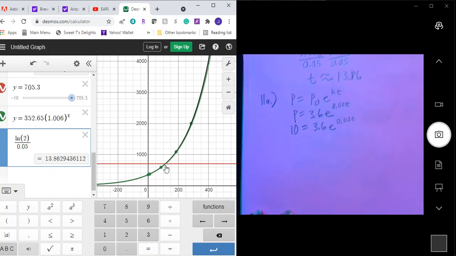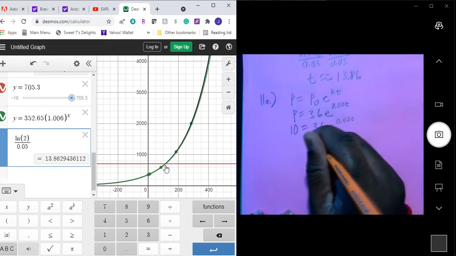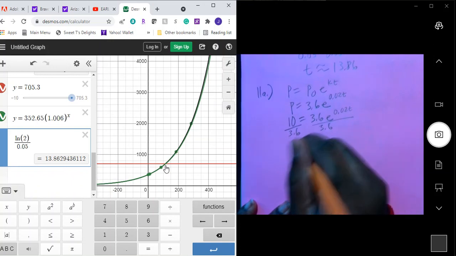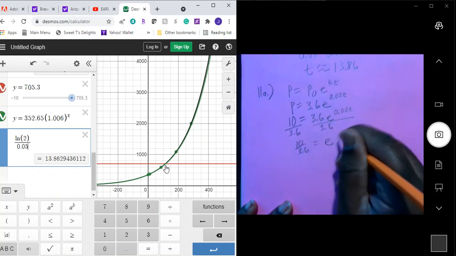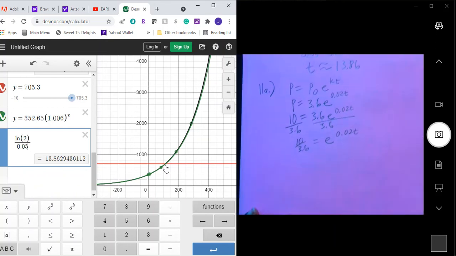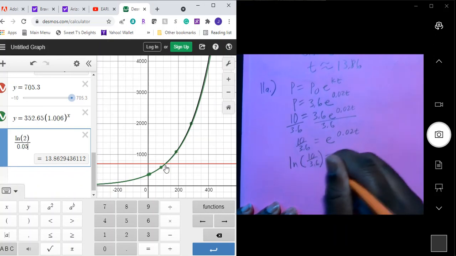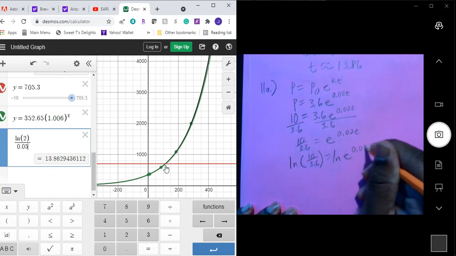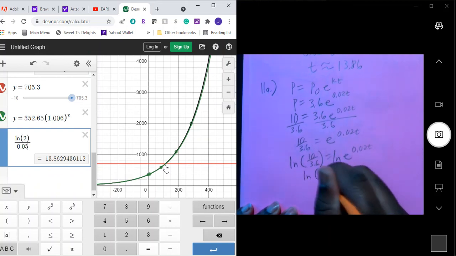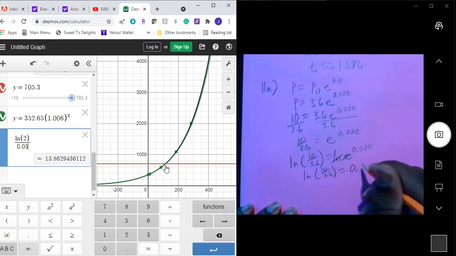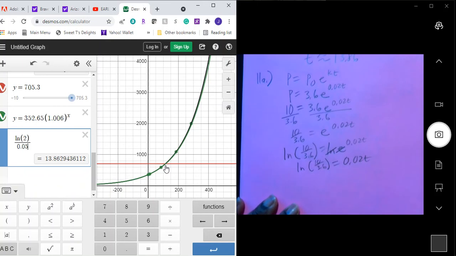Okay, so now the first thing we would do here is divide each side by 3.6 because we're trying to get t by itself. So 10 over 3.6 is equal to e to the 0.02t. Now remember, we're trying to get t by itself, so we'll take the natural log of both sides, so we could get rid of that e. So we had a natural log of 10 over 3.6. Natural log and e will simplify out, and you have 0.02t. We divide each side by 0.02,